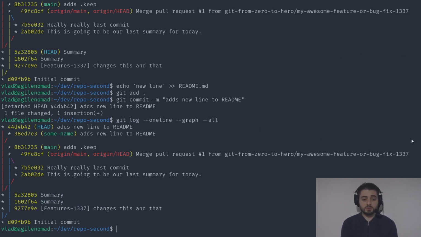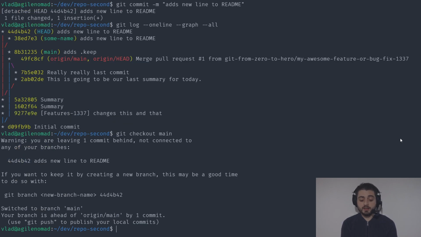So what we do now is we're going to simply go and do git checkout main, and we're actually going to get a warning. Now notice, first of all, it actually did it. It gives us the warning, but it switched to branch main. It says warning, you're leaving one commit behind, not connected to any of your branches, right? Because the pointers point backwards. It says this 44D, which is this one, add new line to readme. If you want to keep it by creating a new branch, this may be a good time to do so